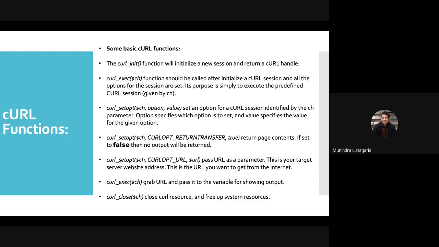Third, curl_setopt. We need to set the various options.